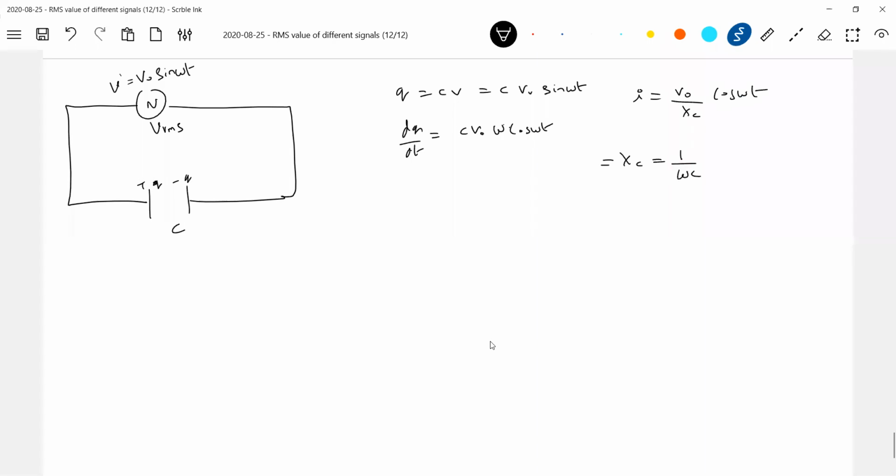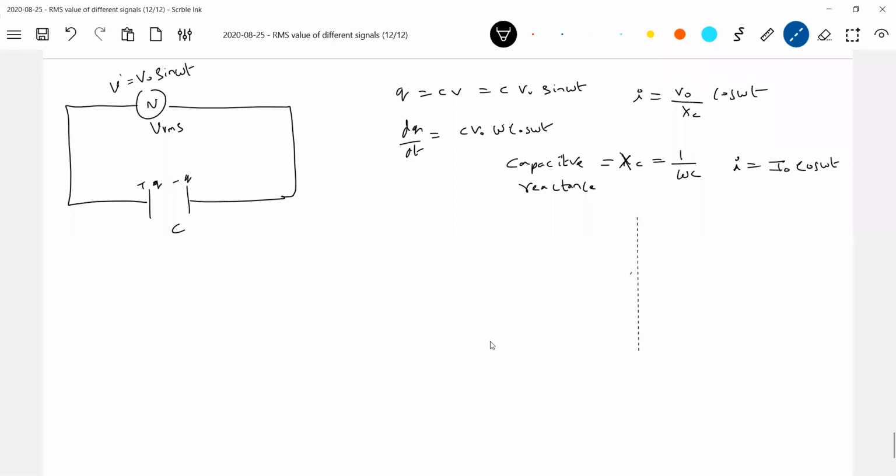This is called capacitive reactance. All of you, very important, because for the rest I'll apply Ohm's law, KVL, KCL, but this is very important. I'll call it capacitive reactance, a word you say, reactance, not resistance, reactance. And it depends on the capacitance and angular frequency. So finally this equation will end up as I equal to I naught cos omega t. So look at the current and voltage characteristics.